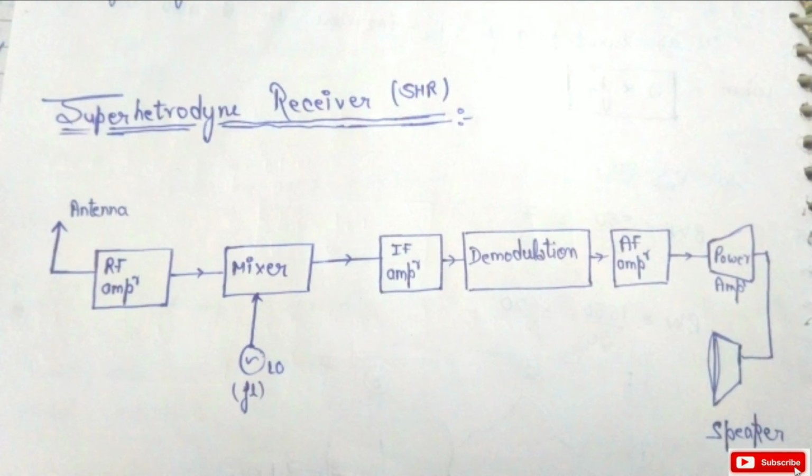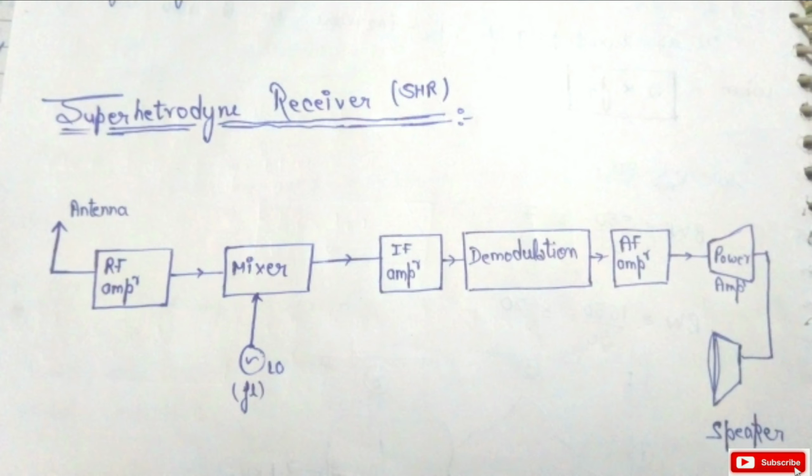Now we will discuss the importance of each block in detail. In the air, our signal is present in the form of electromagnetic wave. The antenna receives that electromagnetic wave, changes it into an electrical signal and passes it to the RF amplifier. RF amplifier is basically a class C amplifier. According to the property of a class C amplifier, it increases the gain of the incoming signal. Because our signal is coming from a far distance, there is a chance of losing gain, so it increases the gain and it also reduces the noise present in the signal. Then it passes the signal to the mixer.